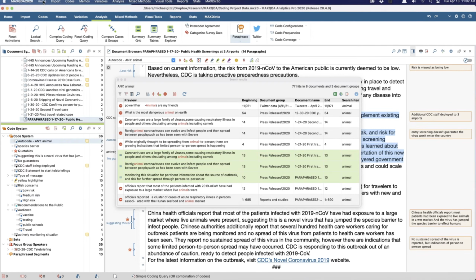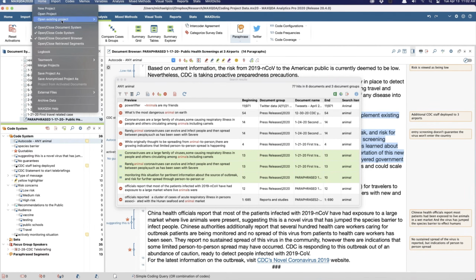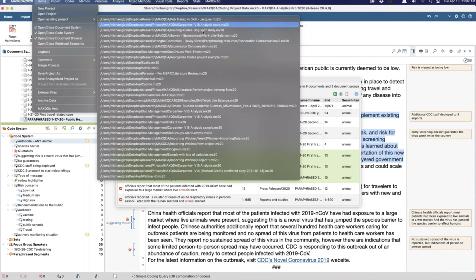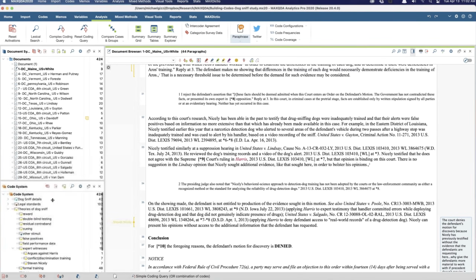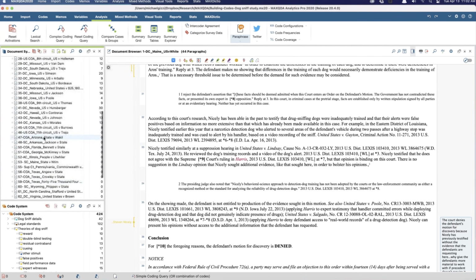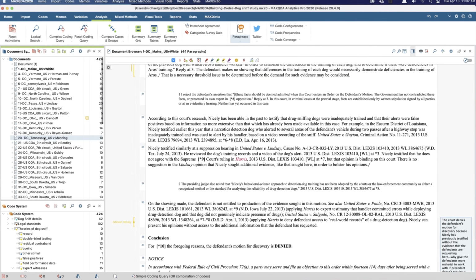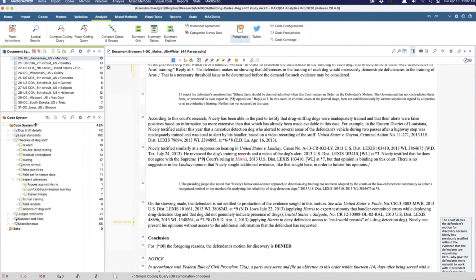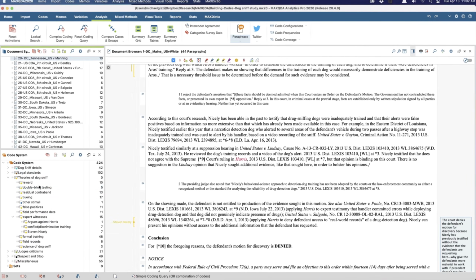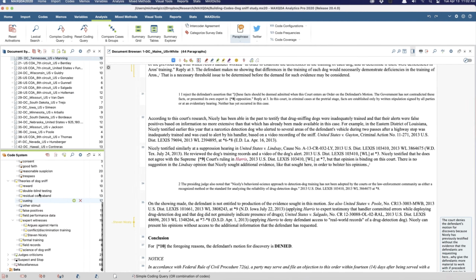Let me give you an example. Actual project, 60 legal opinions, studying the use of narcotics canine sniffs. We've gone through, we've created a full coding system.